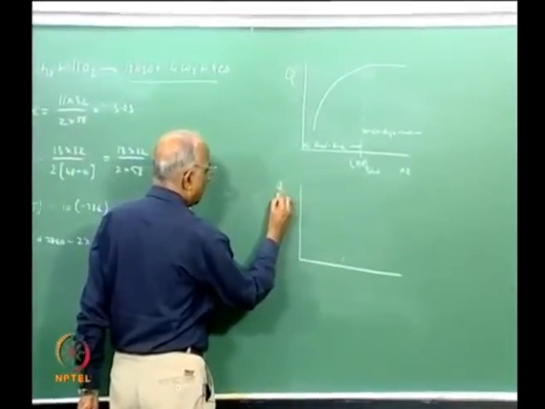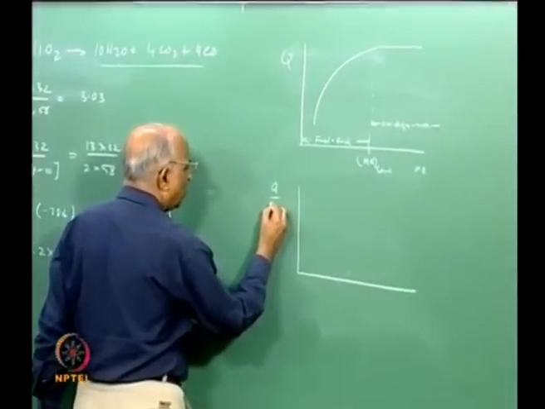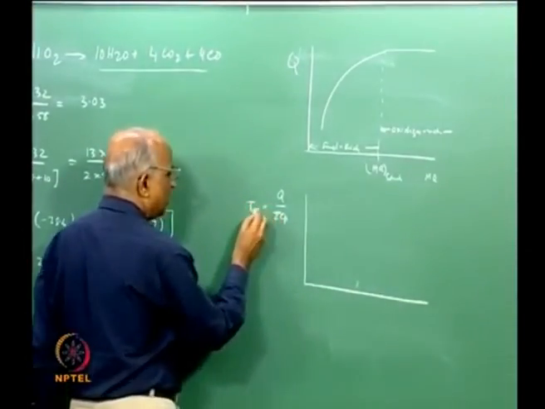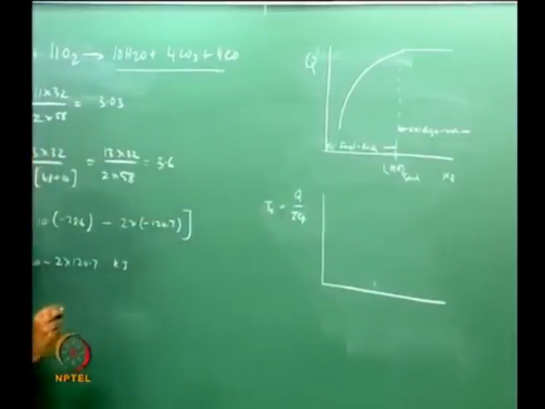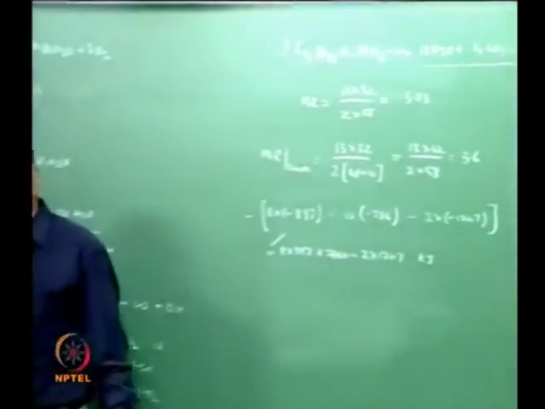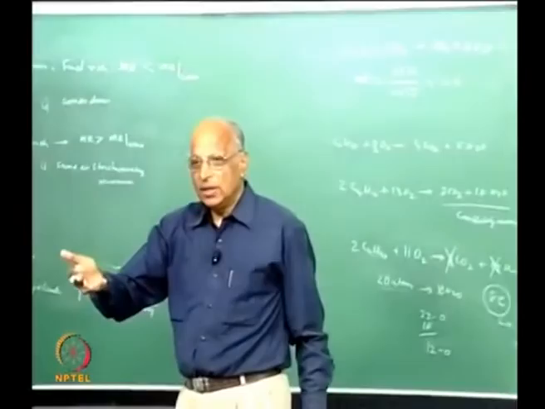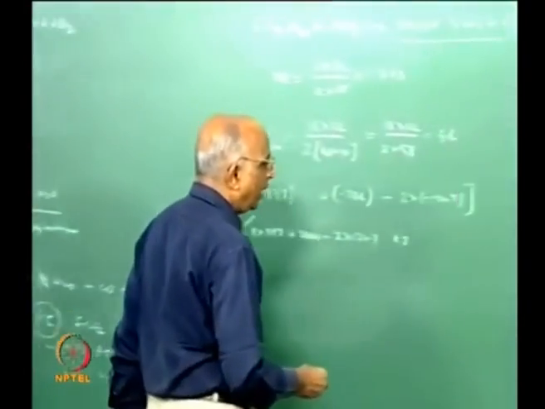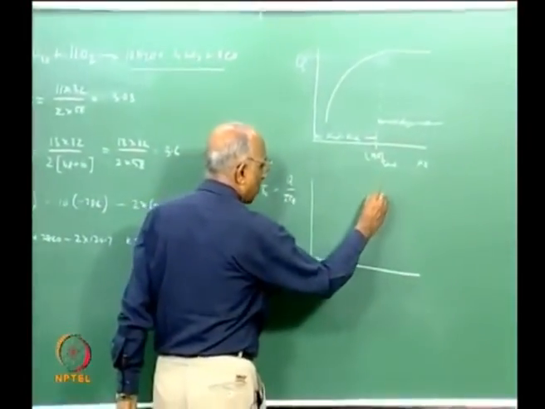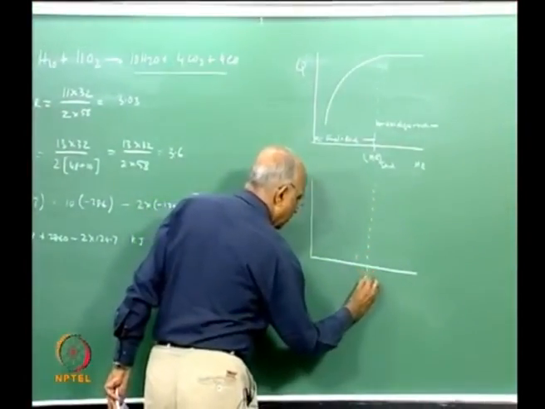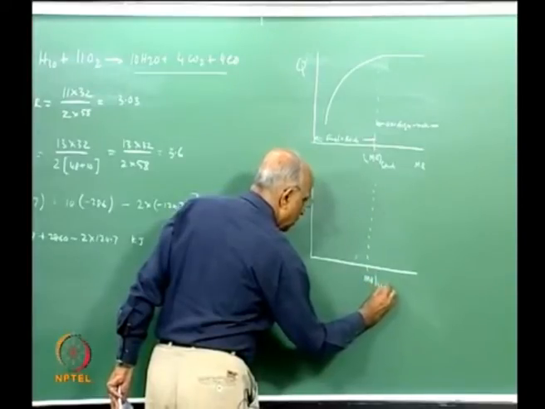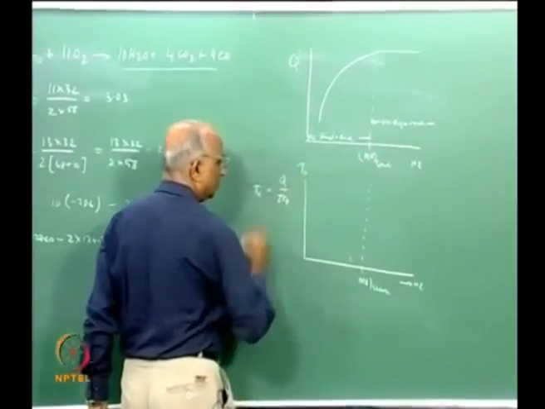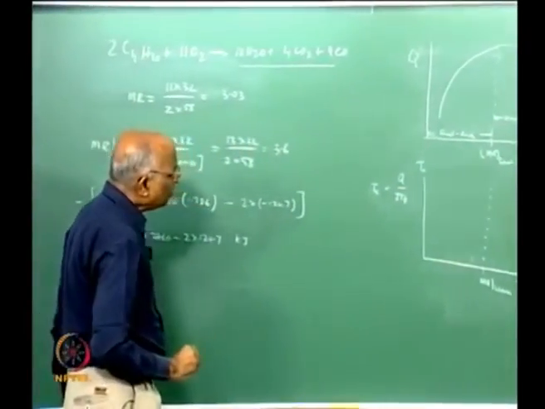Therefore, if I were to divide it by the summation of the molar specific heats, this will give me something like the temperature minus the initial, it will give me the combustion temperature. That means specific heat into the number of moles into the temperature increase is the heat release. Therefore, Tc is equal to Q by Cp, and now again I take the same thing, mixture ratio stoichiometric, and this is the mixture ratio scale. Now this is the temperature scale. You know, how should the graph look like?